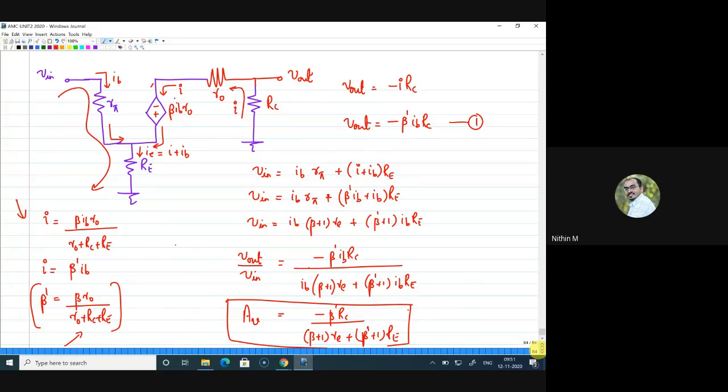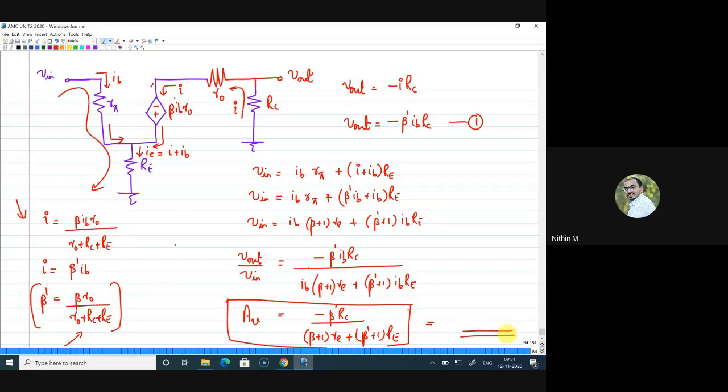Yes, Subramanian, so can you subtract IB dash? Right. Yeah, we can do that. We can include that as well. But what I'm telling is that may not... No, we cannot directly subtract IB dash in the final expression. You have to include it here itself, and we can do that. But I don't think that will make much difference. Let us evaluate it. So this is AV. Now what we can do is substitute the component values and get the answer for this.